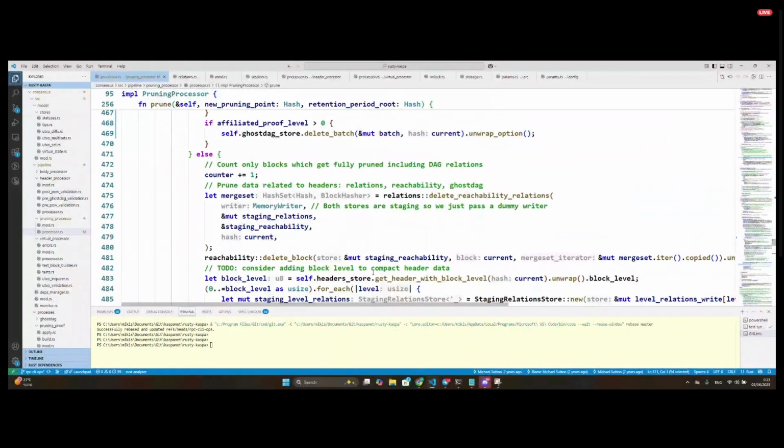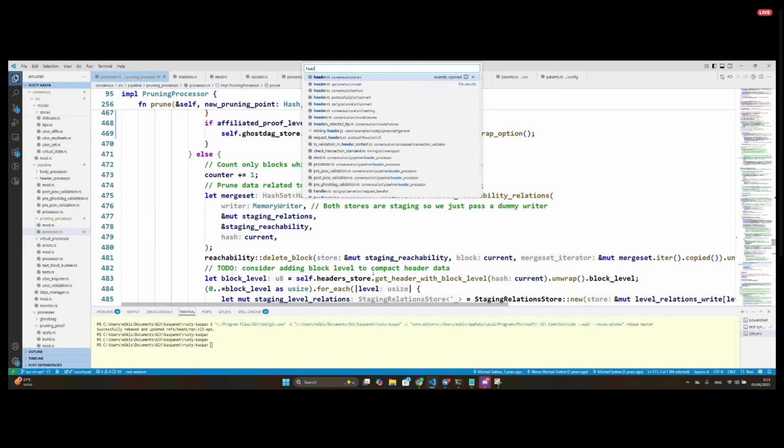So, do you have anything else that we should cover? Did we cover all the things we had in the roadmap? I wanted to look at